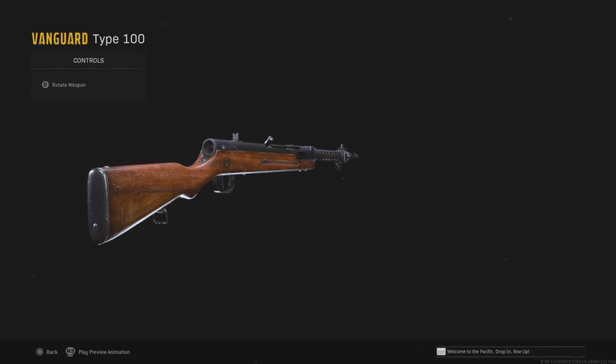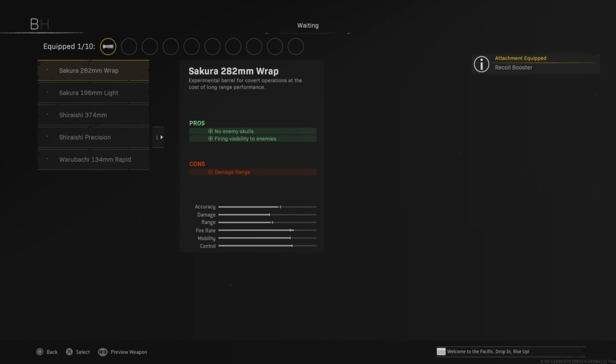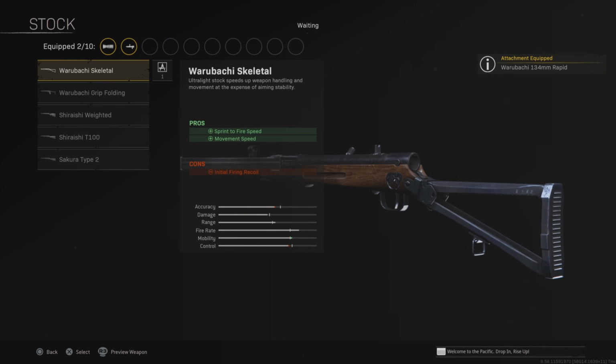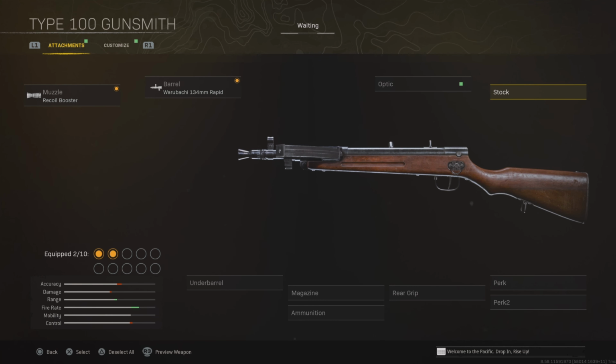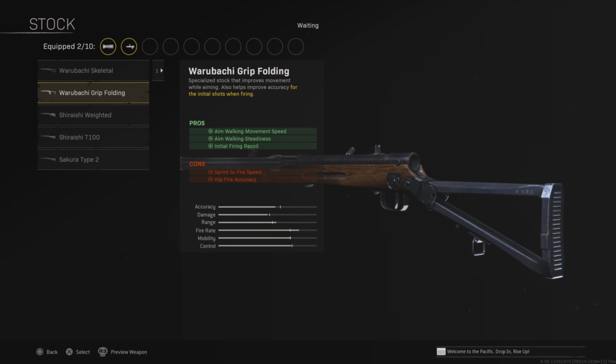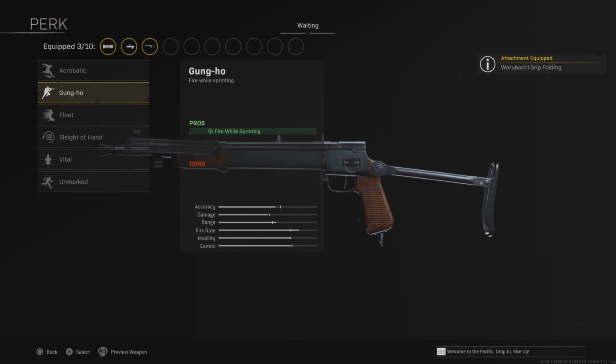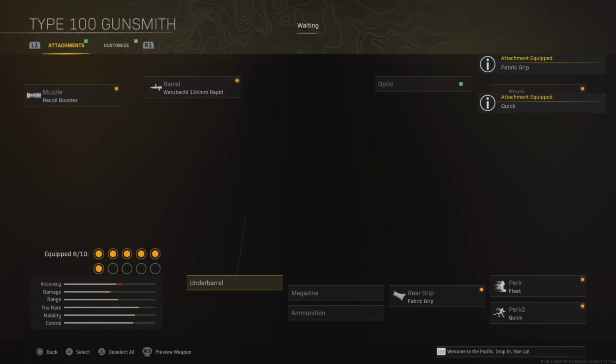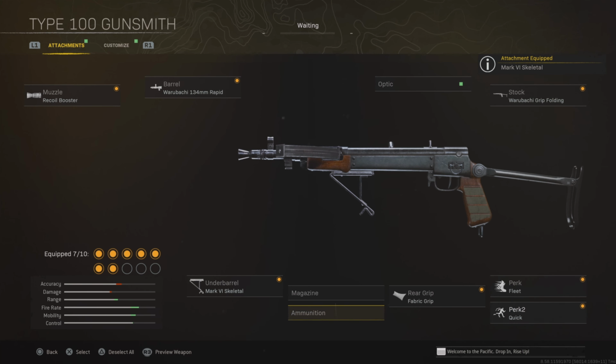You definitely need to start using this. The recoil booster for the fire rate, then the rapid barrel for the fire rate as well. And this weapon is a little bit slower than your typical SMG, so you want to make sure to go ahead and stick on the folding stock. Then we're going to be using fleet, quick, the fabric grip, the skeletal underbarrel, and those attachments